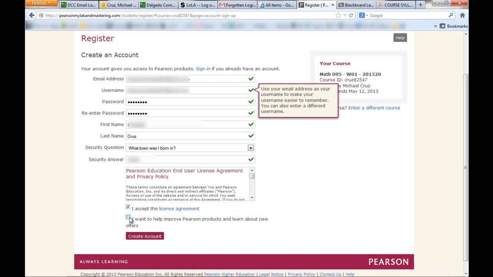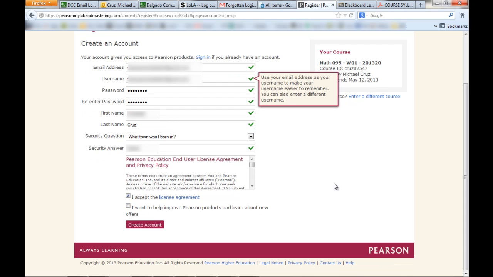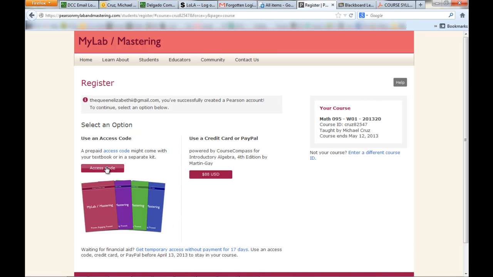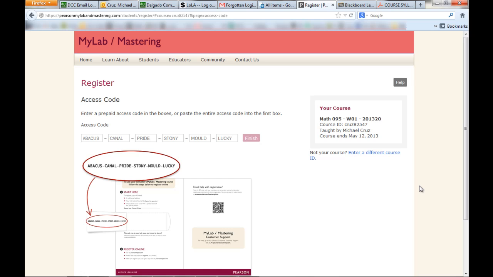And then when you create an account, then again you can see what course you're enrolled into, and then this is where you're going to enter in your access code. You see there to the far left the access code, and you have a 6-box pattern, each one having